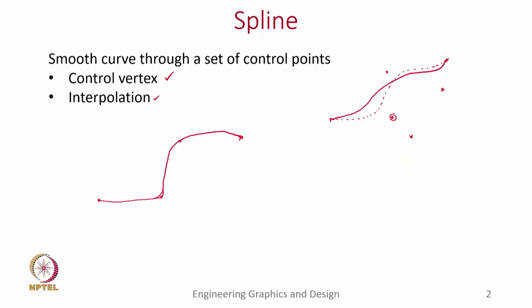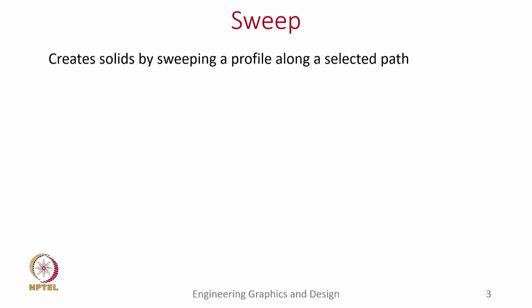The second tool we will be discussing is the sweep tool. Essentially this is again used to create solids by sweeping a profile along a selected path. You can create, let us say, a circular profile and then depending on if you create a path, let us call this the path curve and this is the profile. So, once you create a profile, the same cross section can be maintained all throughout this path and then it creates a solid. So, let us move to the software to see how we can use the sweep.